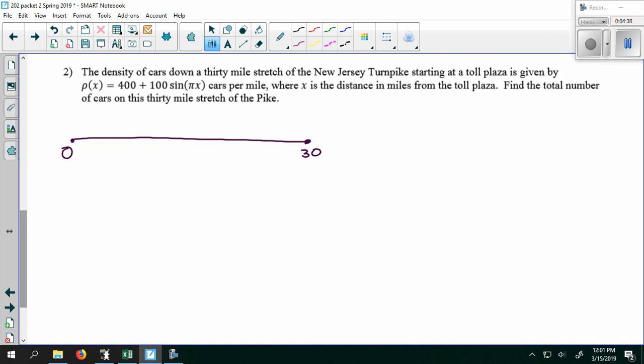So I'm going to pick a random location x. And I know that the density of cars at that location is given by the formula 400 plus 100 sine pi x cars per mile. And then I'm going to look at a tiny, tiny slice of the New Jersey Turnpike starting at x and just going a little bit further. And this distance I'm going to call delta x, just a small, small slice of the New Jersey Turnpike. So the number of cars on my slice